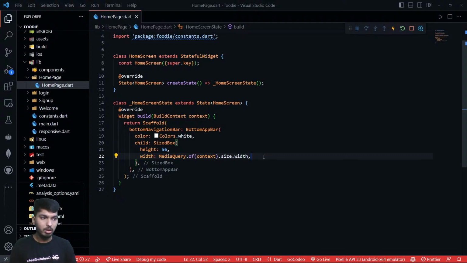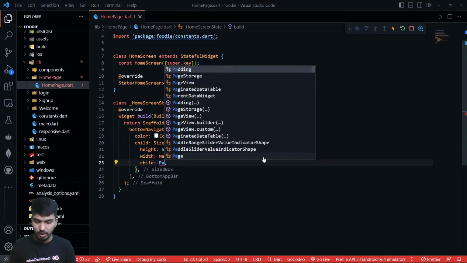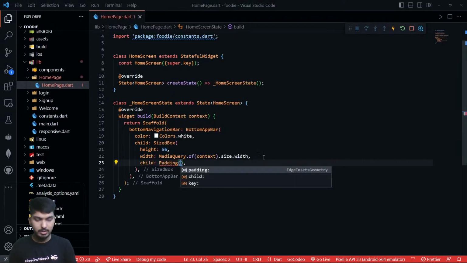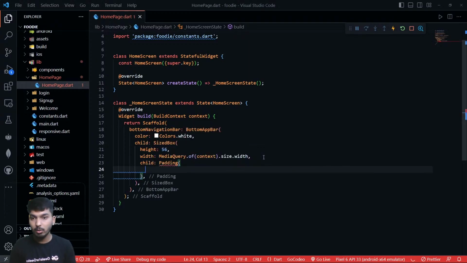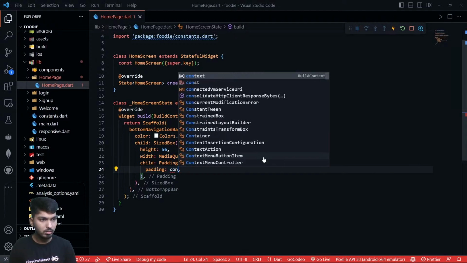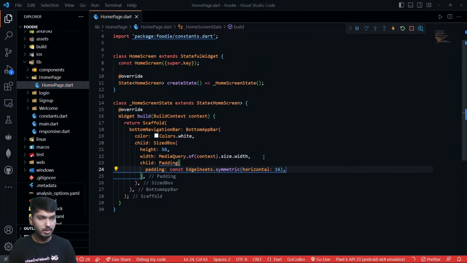Okay, so that is what the width will look like. Now, after this size box, I'll write child. Child will be having a padding, and inside this padding, we have few data to write. What data we have inside this padding? I'll write const edge insets, and inside the edge insets, we have to write only